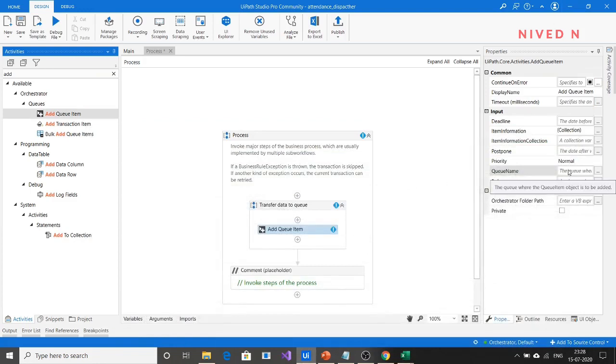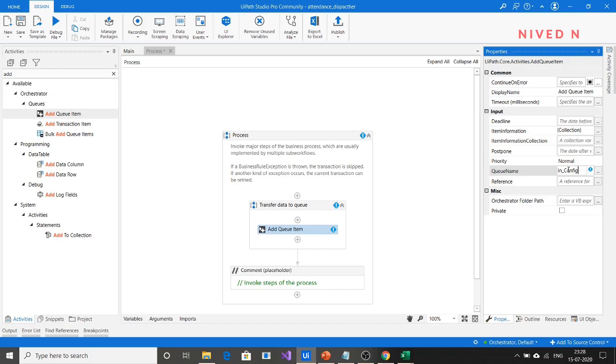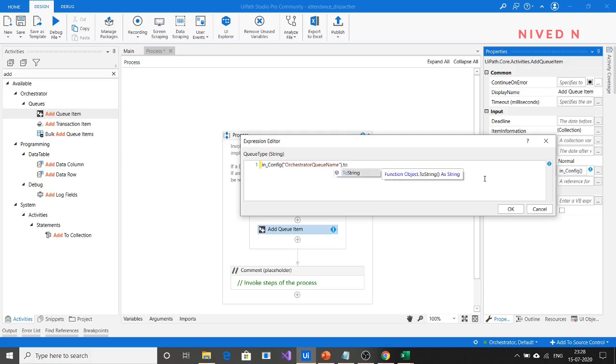Since we have stored the queue name in the config file, just specify it through the in config dictionary. Since the output of this dictionary is an object, you have to convert it to string.